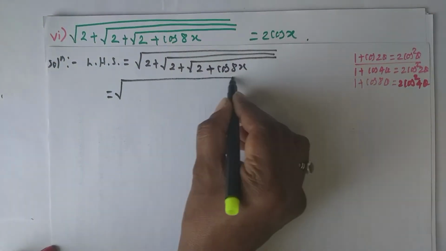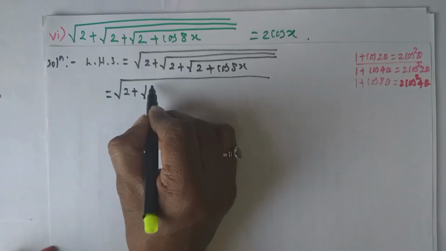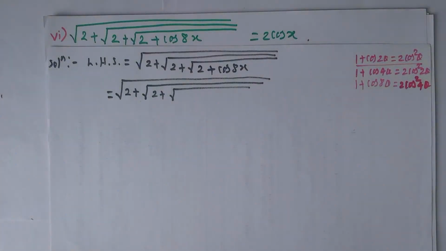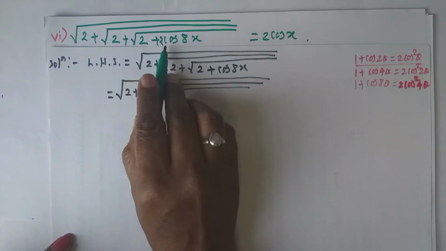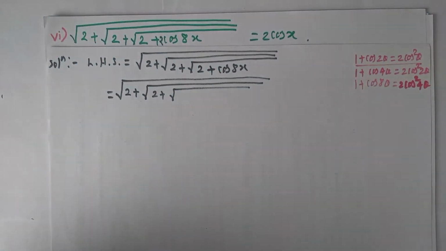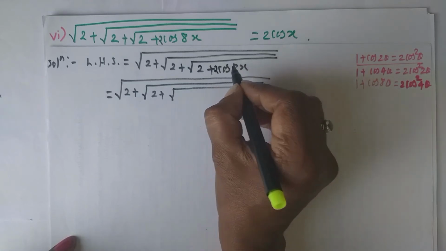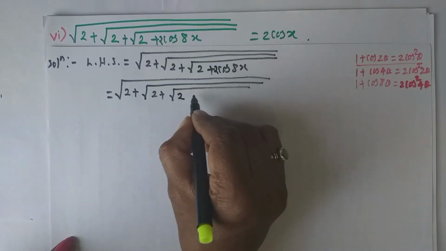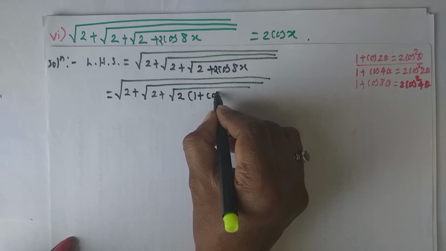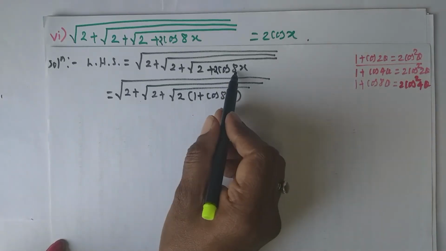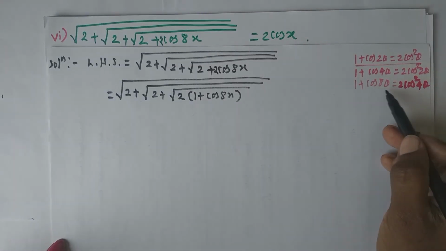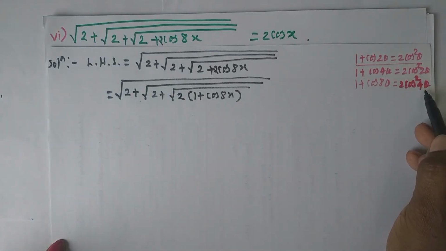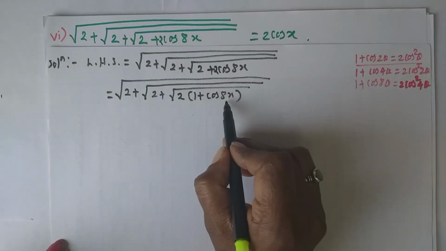Now write down here, we will remove the innermost square root first. See, in the textbook, here is given 2 plus cos 8 theta, but here must be 2, there must be a printing mistake. Here you write down 2 cos 8x, and here is 2 again. From these two terms you take 2 common, then this will be 1 plus cos 8x. Okay, from this term in the innermost square root, you take 2 common and use the formula 1 plus cos 8 theta means 2 cos square 4 theta. This will be 2 cos square 4x.